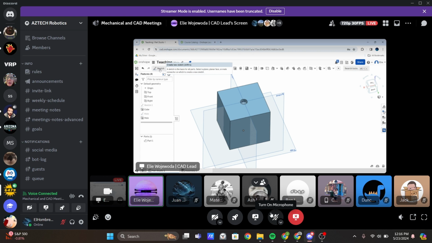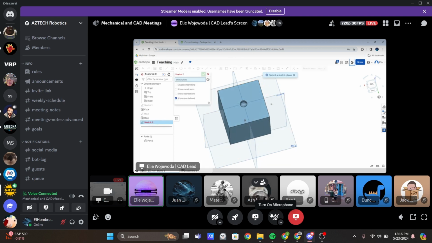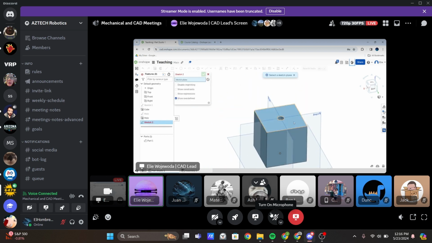I highly recommend using keyboard shortcuts. It makes it a lot faster, just as you're first starting to learn the program. You won't remember all of them at first, but just try to use them. If you forget one, you can hover over it and look at it, and eventually it becomes second nature and it's much faster. So I'm going to make another sketch on top of this now, and I'll make a sort of